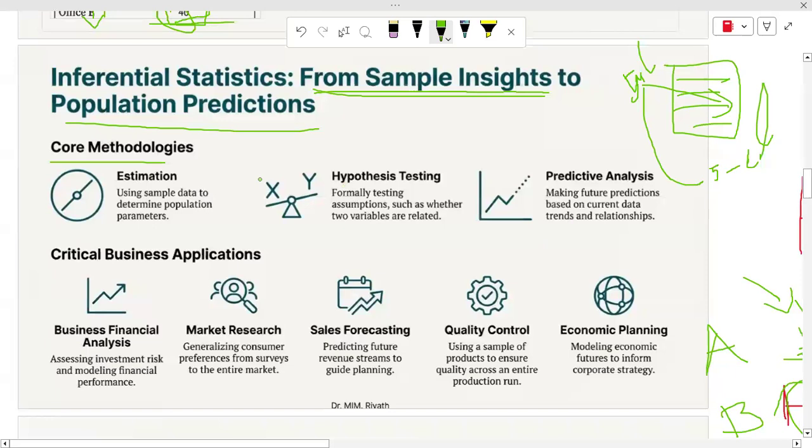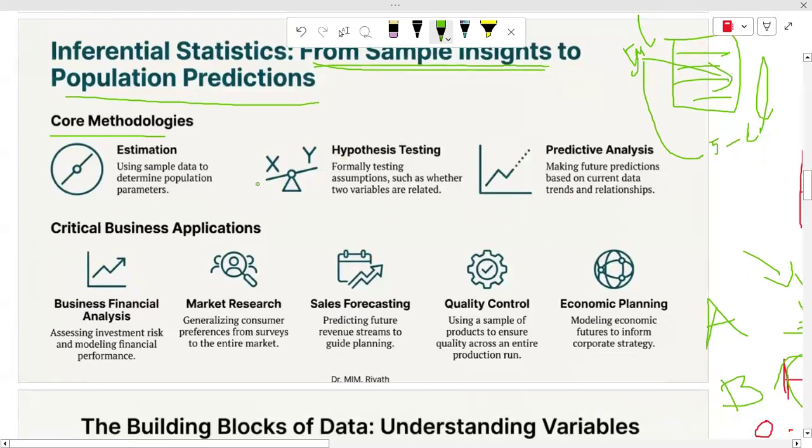So what are the core methodologies that may be used in inferential statistics? Estimation: using sample data to determine the population parameter. If I do some data collection in your class, say the weight or height of each student,